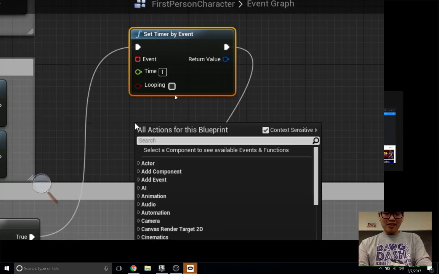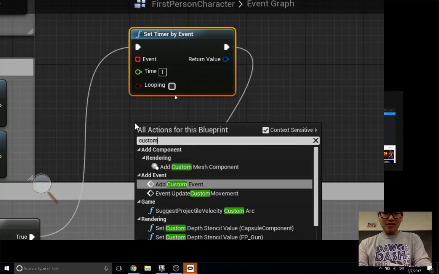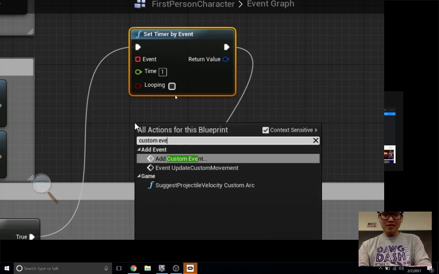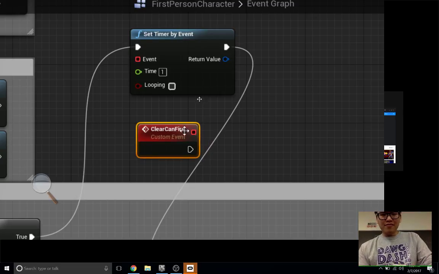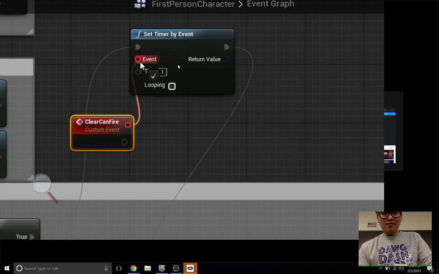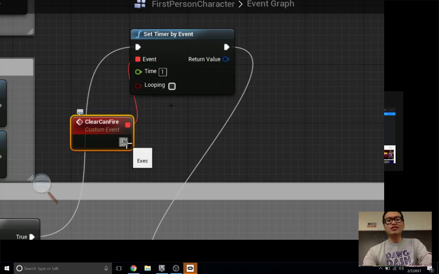Again, you can type in custom event, and this is going to be our event. Let's name it Clear Can Fire. The event acts just like a function, so it takes in the execution flow.